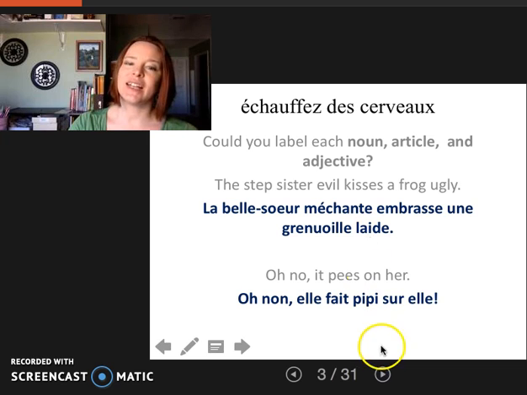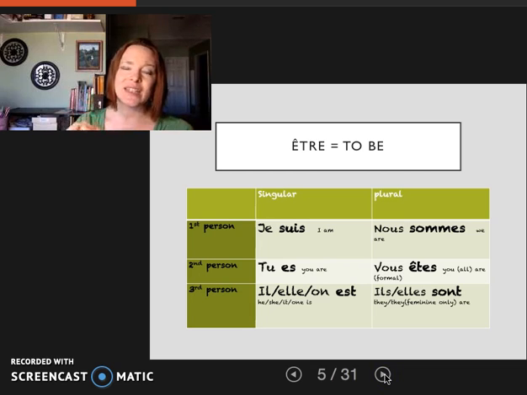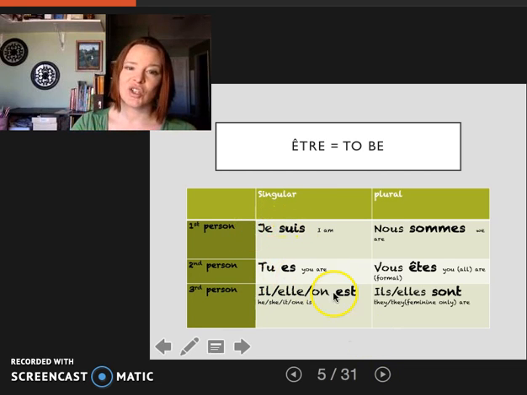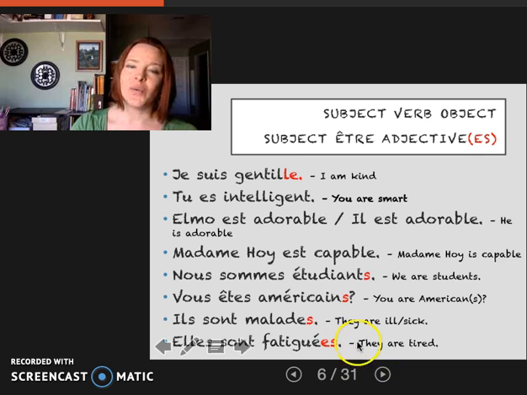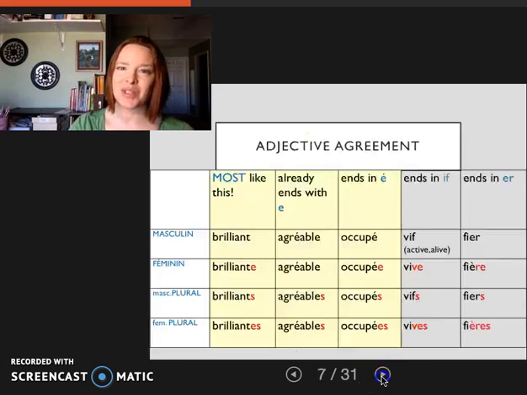All right, so let's take a look at how the nouns have all the power. The nouns in the sentence can be the subjects, and so they're going to change the verb conjugation. So in our subject-verb-object, where the subject and then to be and an adjective, we see that this will change the conjugation of the verb, and the adjective will change depending upon if that same noun is masculine, feminine, or plural. See all these threads? They have all changed because the subject is different. So let's take a look at those adjective agreements and making them agree.